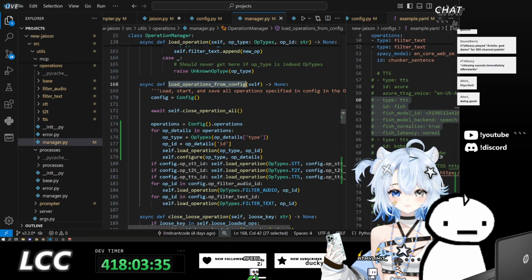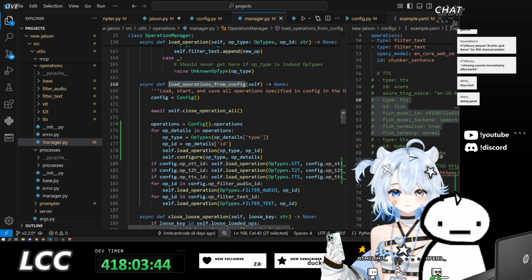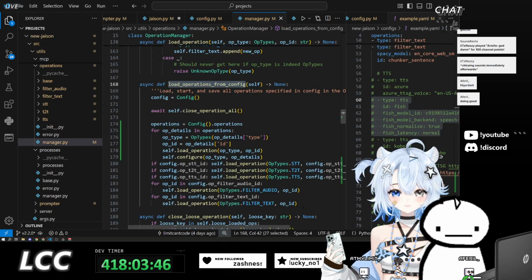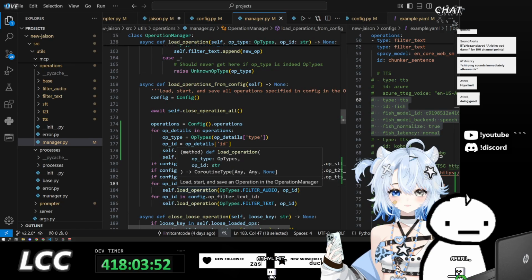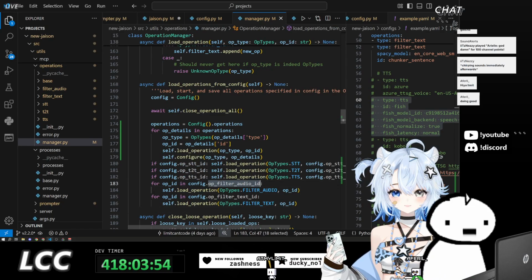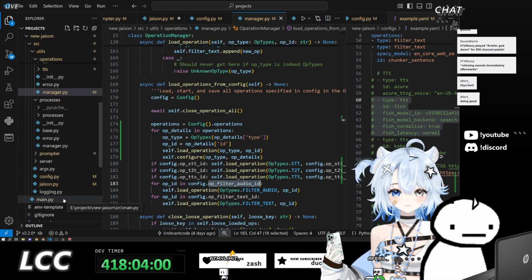All of these, load operation. For op ID in config, op audio ID, op filter. How did I even implement this before?